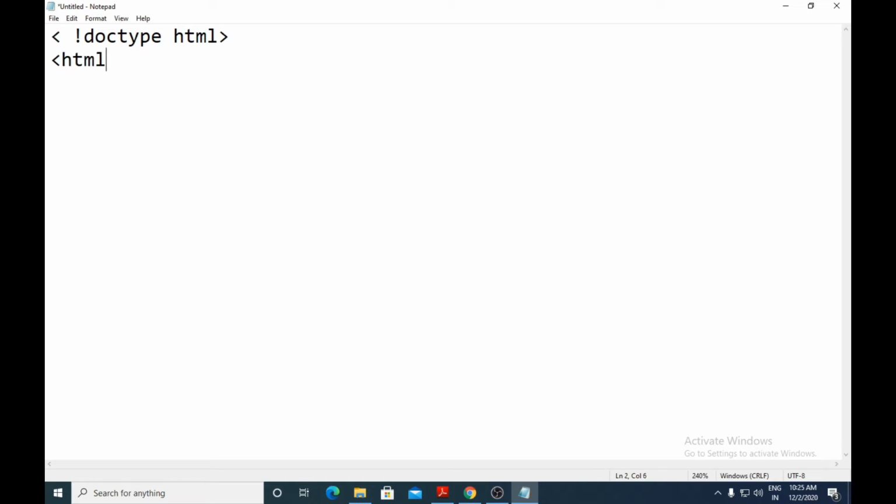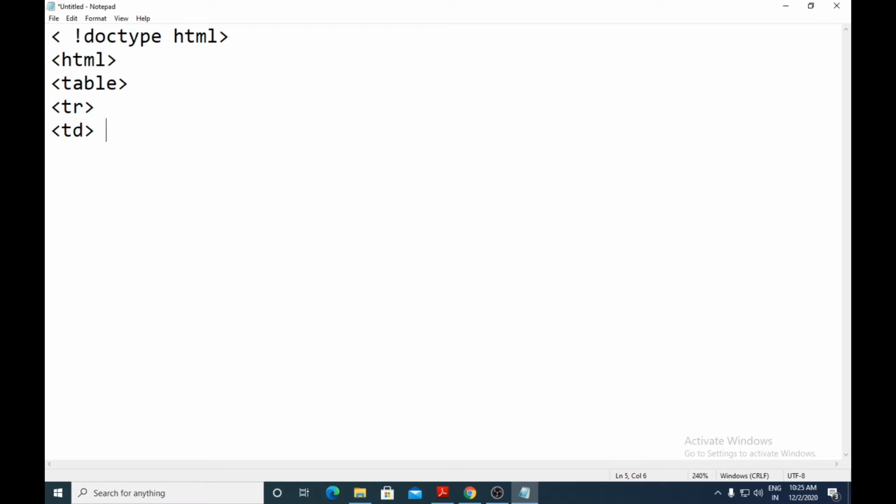Then you open the HTML tag. We are going to write a code to create a table, so let us write table. We'll have a row by using which element? The tr element.